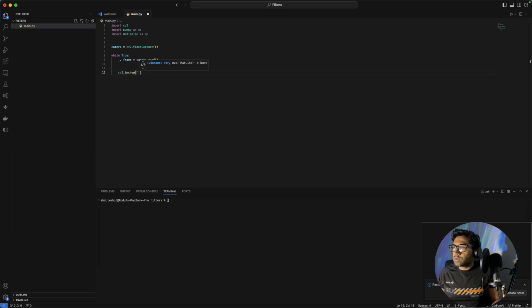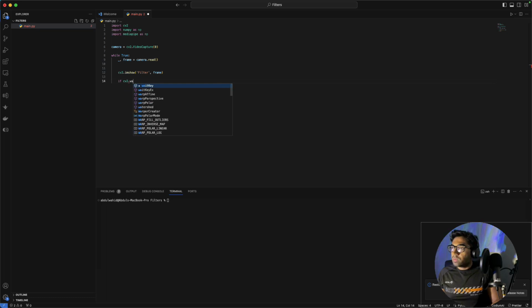cv2.imshow, this function is responsible for displaying the picture. Let's give it a name, "filter", and after that I'm going to write code that will wait for a key, just a second, I'll explain in a minute. cv2.waitKey(1)